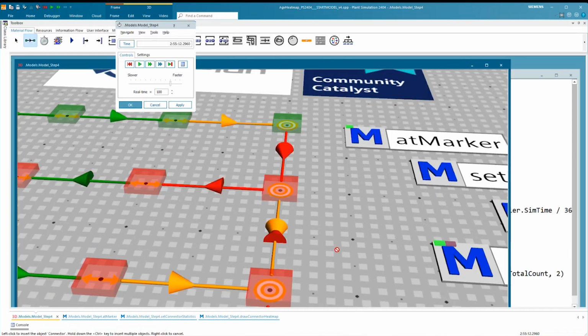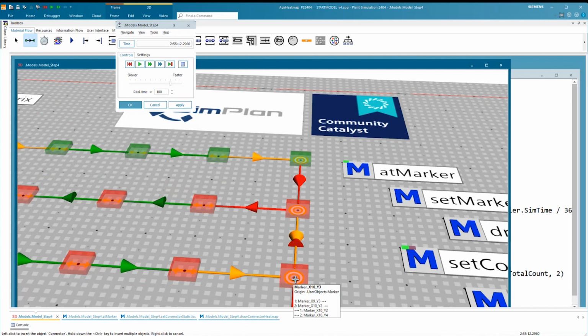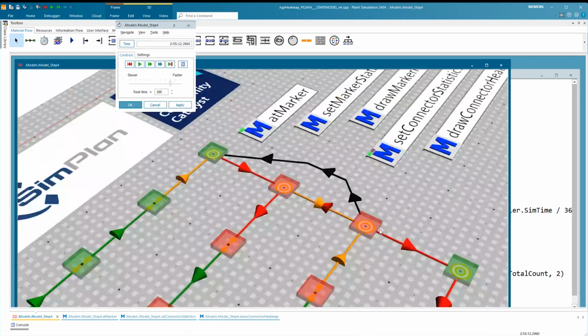Actually, I'm not sure whether this is still possible, but if I do a marker, yeah, you can have a... This is already connected, so I have to connect it somewhere else. You can use... I'm not sure how this is called, but anchor points for a connector. So you could do it not like a straight line, but show it like this.